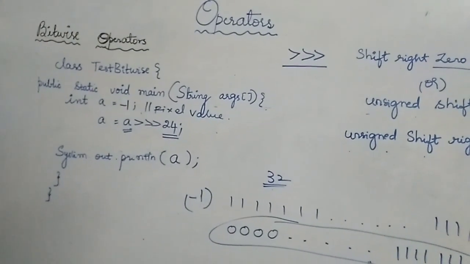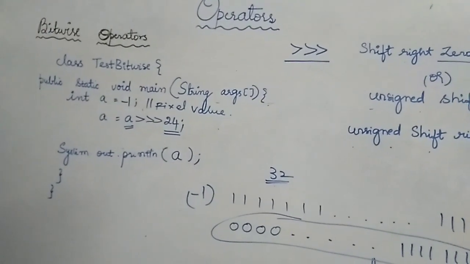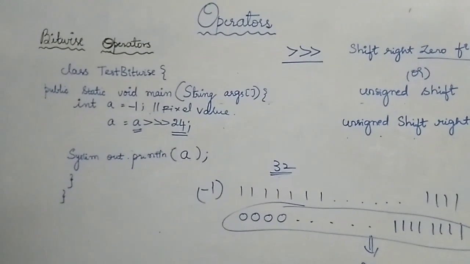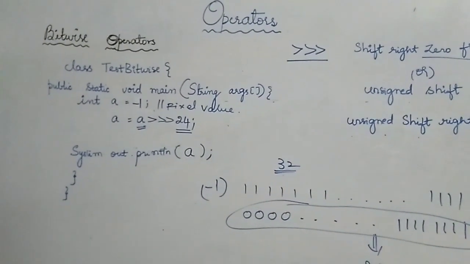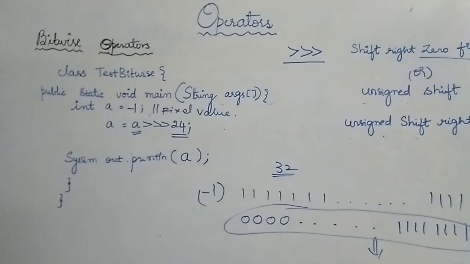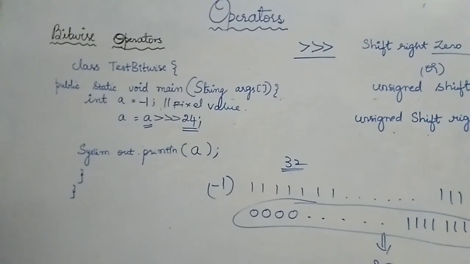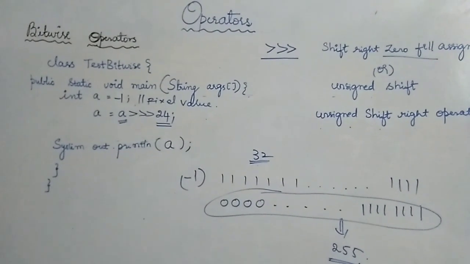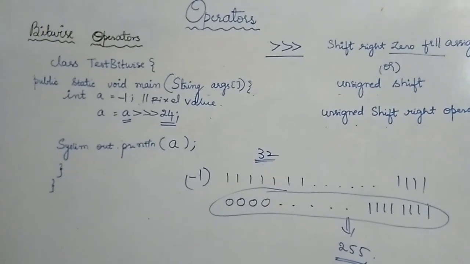This unsigned shift is generally least commonly used. The reason is that generally pixel values or whatever will be of some byte type only. But the problem with Java is that a conversion takes place. Byte values get converted to integers, and when that happens, the sign bit is also added into the rest of the 3 bytes of the integer. So that is a problem here. That's the reason this unsigned shift operator is not so popular, but they have given it in Java to address certain scenarios and applications.